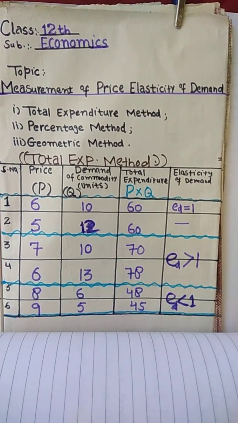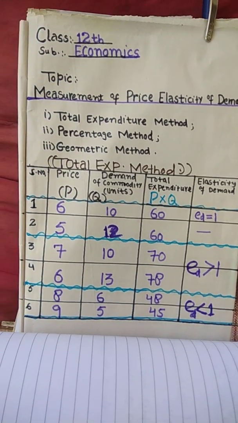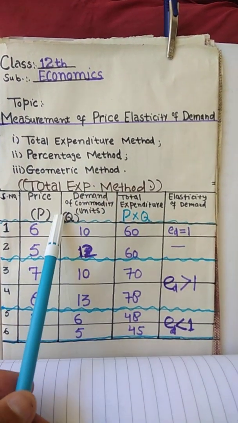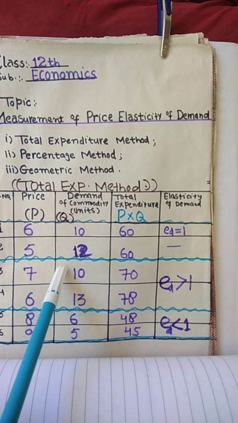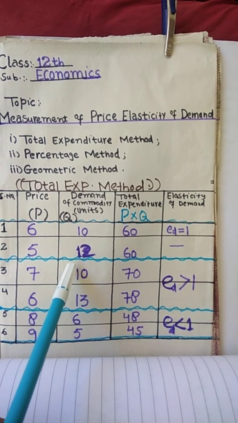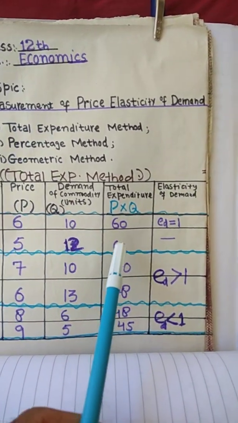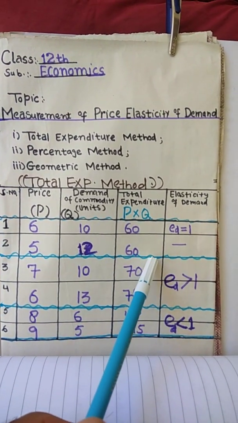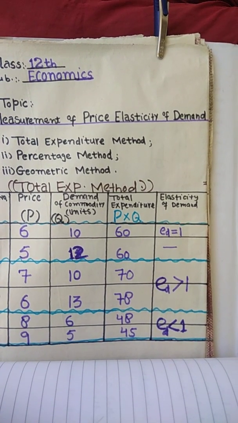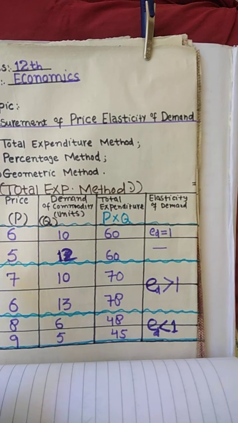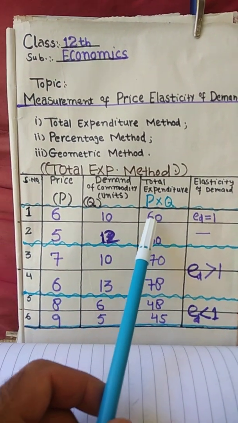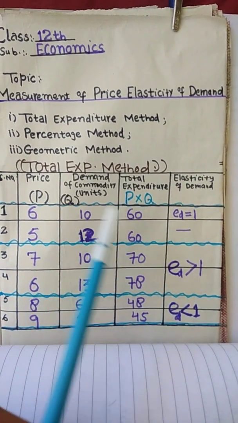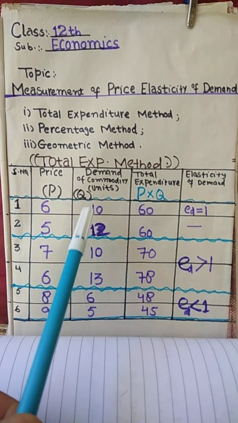So in this situation what we see is, when the price falls from 6 rupees to 5 rupees, the total expenditure of the consumer remains the same. So we may represent this situation, this unit elasticity, with the help of a graph,